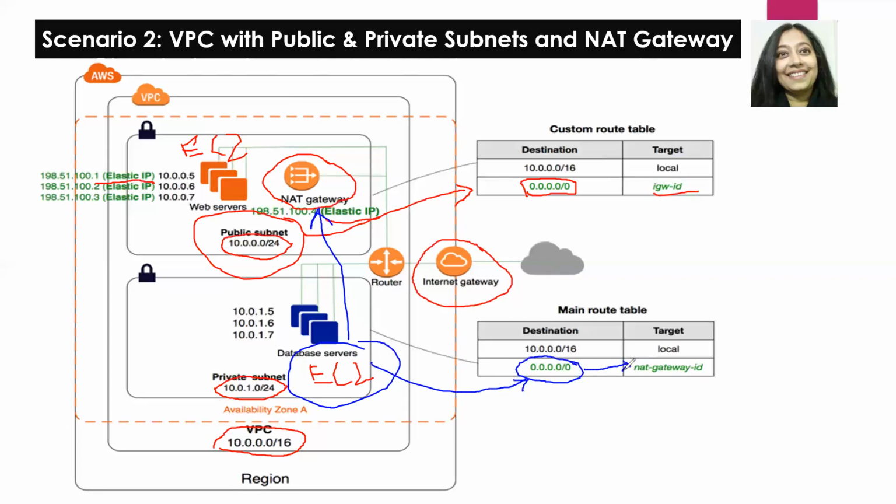So any non-local traffic will be directed to a NAT gateway. Once we've modified the route table associated with our private subnet, we will try to install some updates, maybe install HTTPD or Docker on our private EC2 instance. And it should be able to do that because it should be able to connect to the internet via our NAT